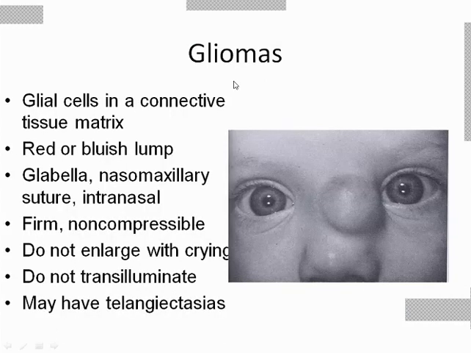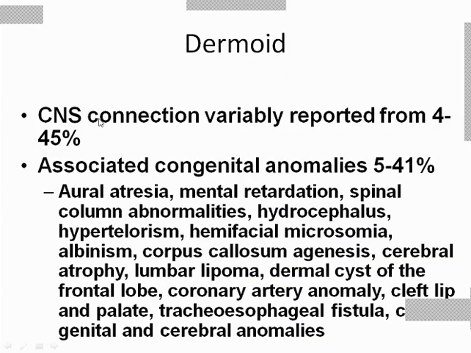So the central nervous connectivity is variably reported from 4 to 45%. You see, this much variability is there. These dermoids can have intracranial connections from 4 to 45%. These are also associated with other congenital abnormalities. What are the other congenital abnormalities? Just like choanal atresia, mental retardation, spinal cord abnormalities,